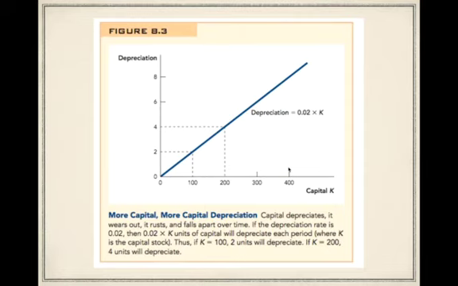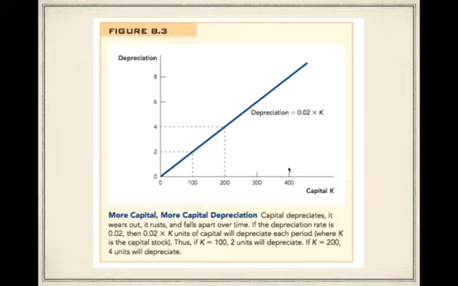Let's set this up as it just being a certain number of machines because of regular wear and tear and the nature of physics and friction break down every year. In this case, the book has chosen 0.02. So 2% of machines break down every year. So now depreciation is a function of the depreciation rate and capital, rather than investment, which was a function of the investment rate and output.